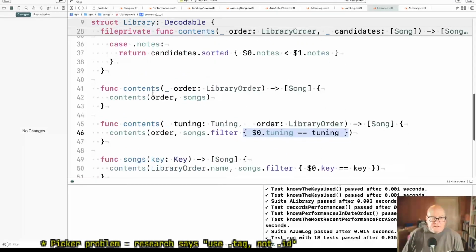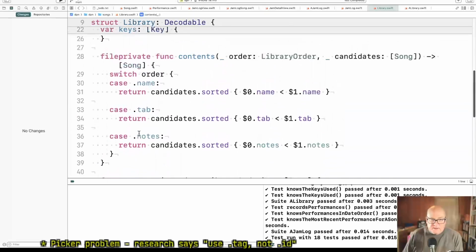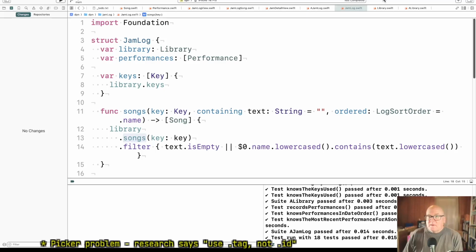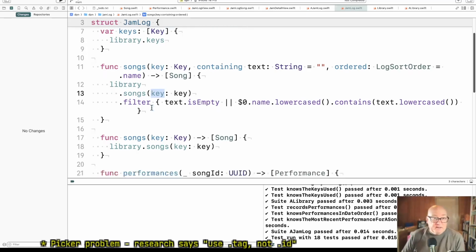Having our library sort things is not so helpful for us, because in the jam log we're only getting a subset of songs, and we might not want them in that order. I guess the default is name. It comes in as sorted by name, but